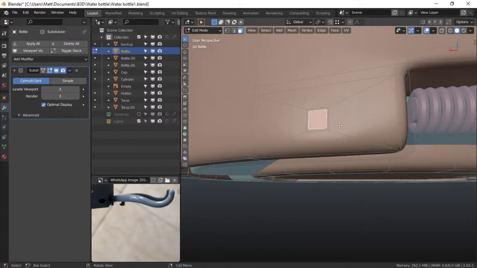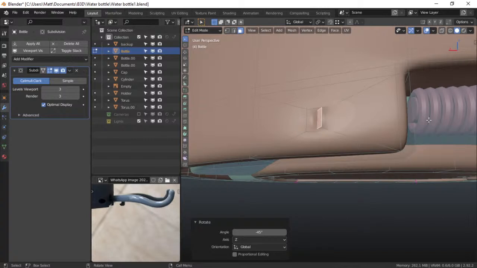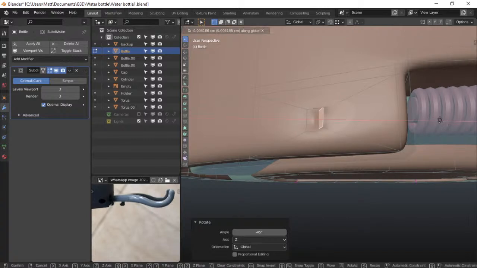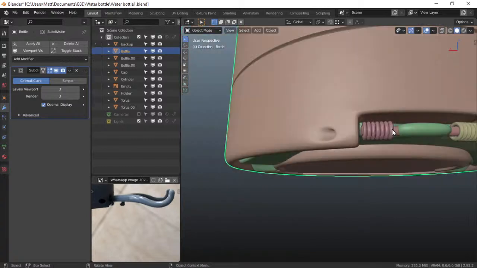So before I do anything, just let me take note of the numbers. R, Z, and what angle I'm going to rotate it on. So let's go with -45. That seems fine. And then G, X. It doesn't really matter in this case because what I could do is if I go out,